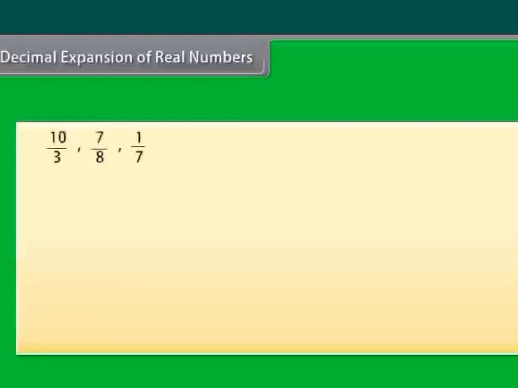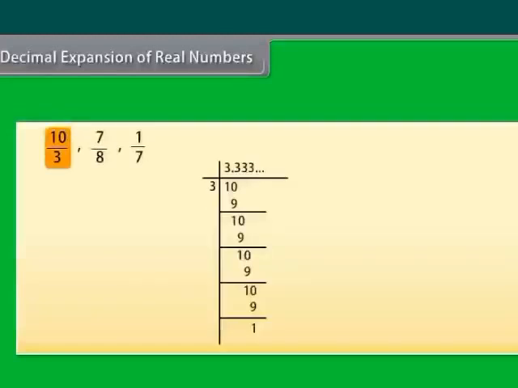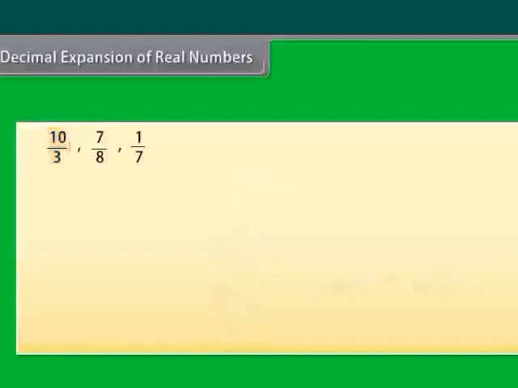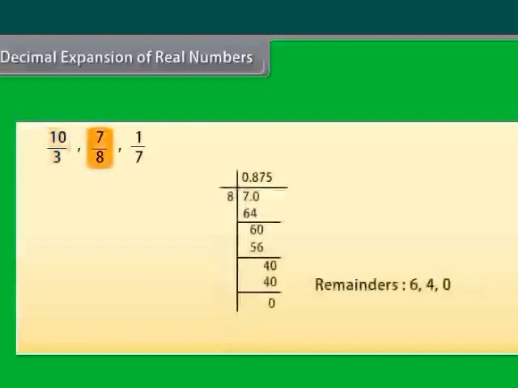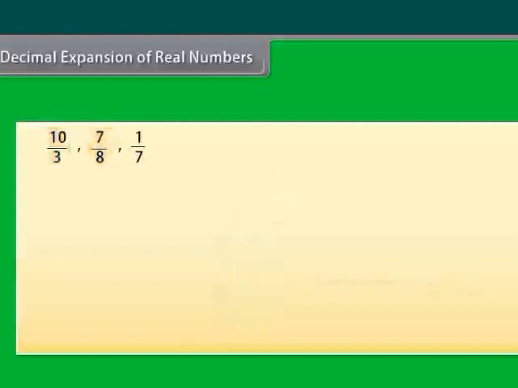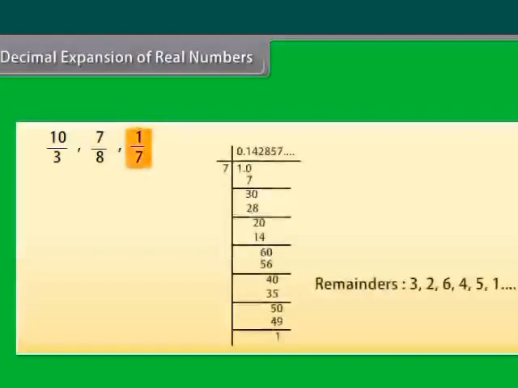On decimal expansion of 10 by 3, we get remainders 1, 1, 1, 1, 1. Similarly, the decimal expansion of 7 by 8 gives remainders 6, 4, 0. And the remainders of 1 by 7 are 3, 2, 6, 4, 5,